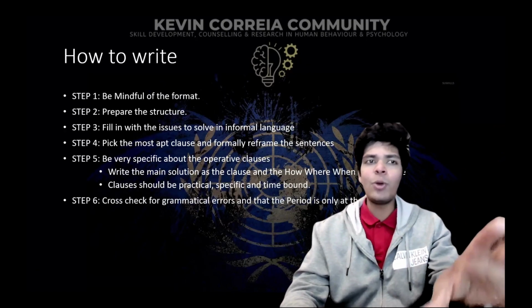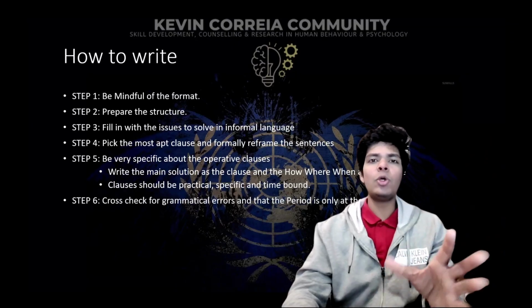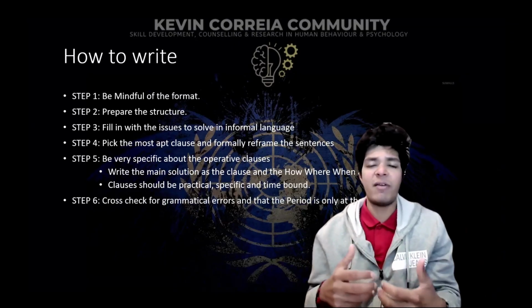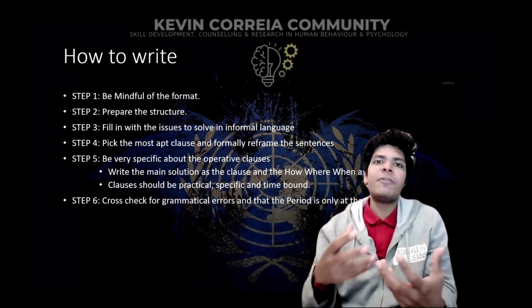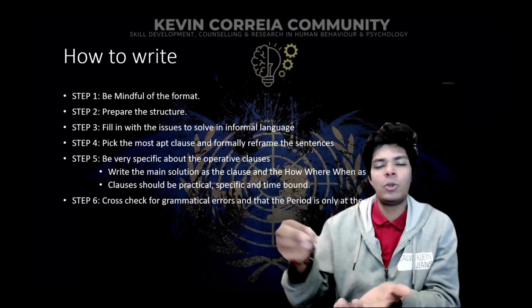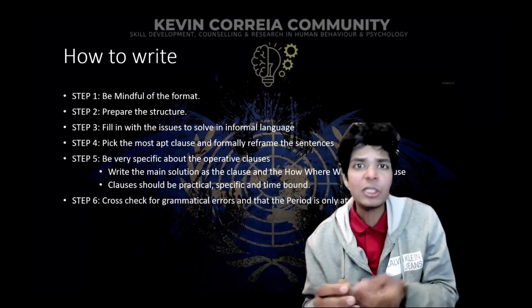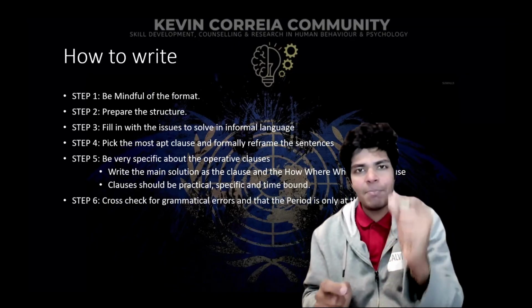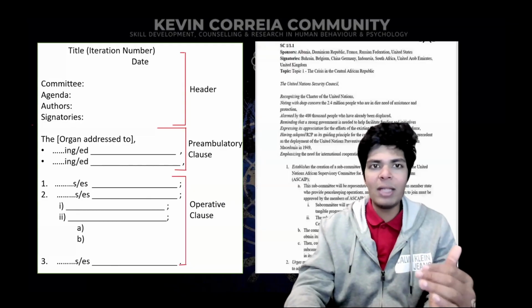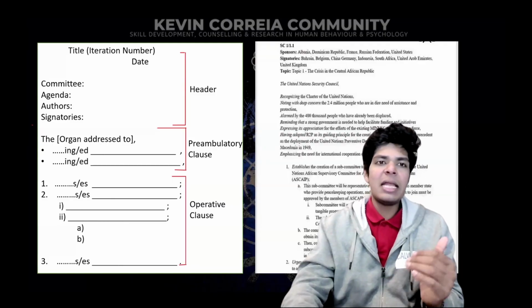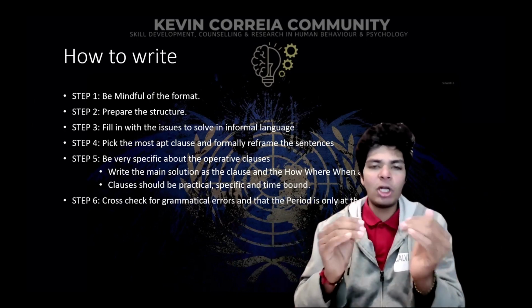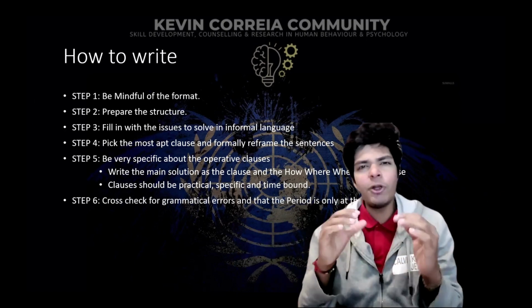Okay. Once you have the format ready, then you go on to prepare the structure of how you want to structure the various points that you have. Because all the delegates will give you different opinions of theirs. They'll give you different points that should be added to the draft resolution, right? So as authors of the paper, it's very important to structure what you want and how you want it. Once you have all your arguments structured, then you go on to make your clauses and frame your clauses. How do you frame your clauses?